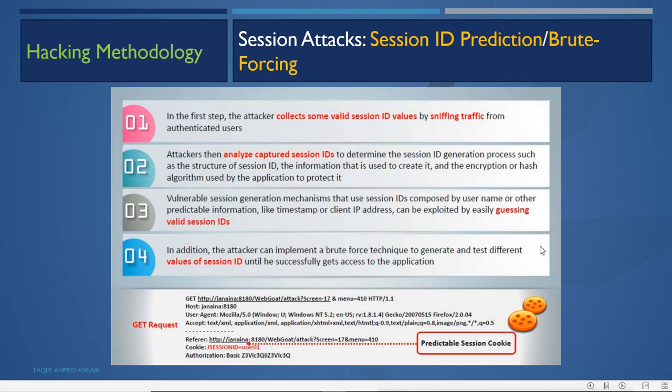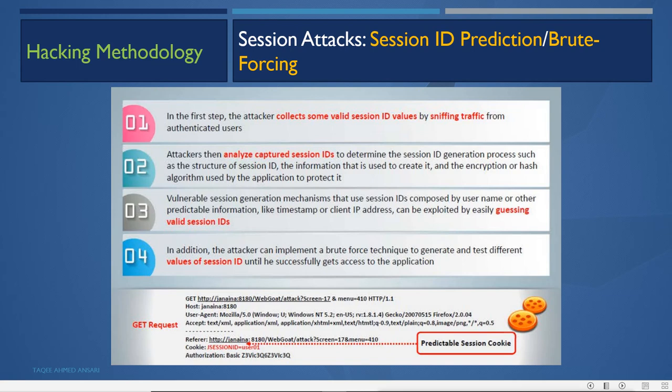Then a vulnerable session generation mechanism that uses session IDs composed of usernames or other predictable information can be exploited by easily guessing valid session IDs.